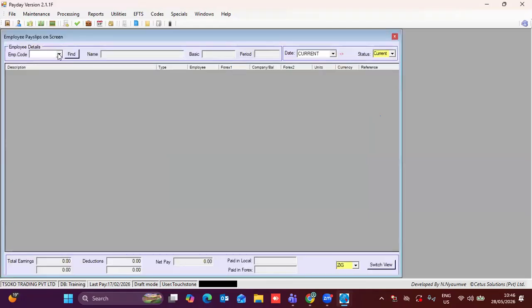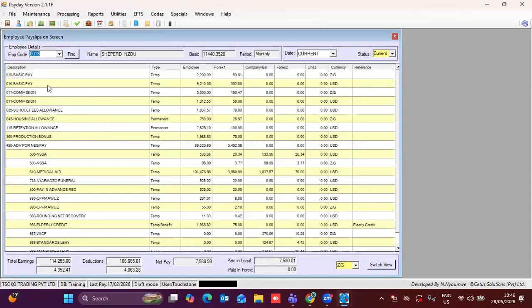Right, we go here where it says maintenance, check pay slip. Right, we pick up number 13. Number 13. Right, as you can see over here,